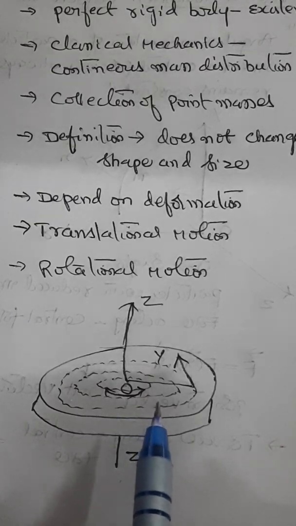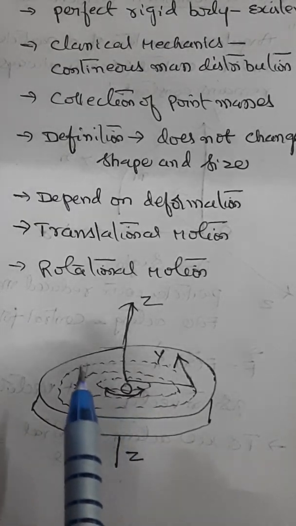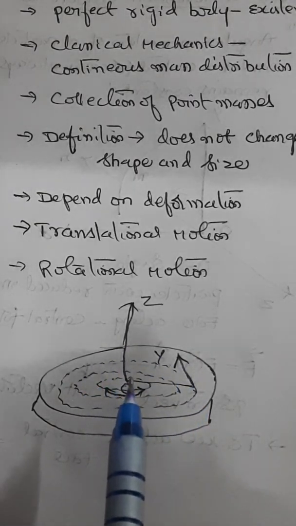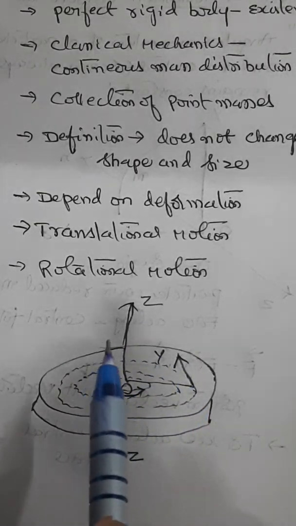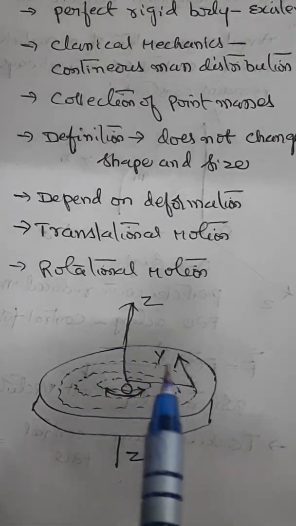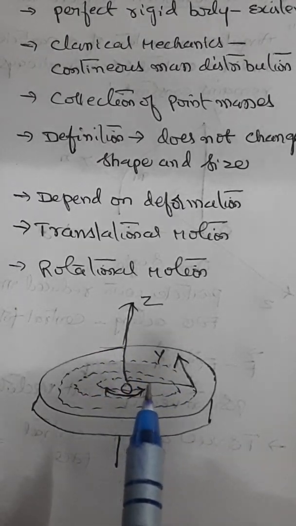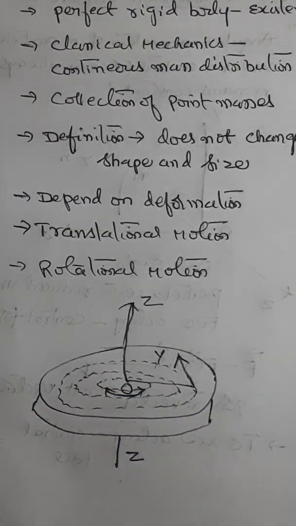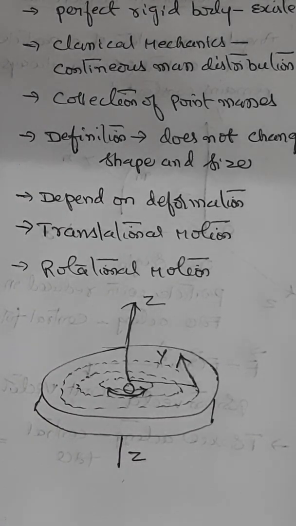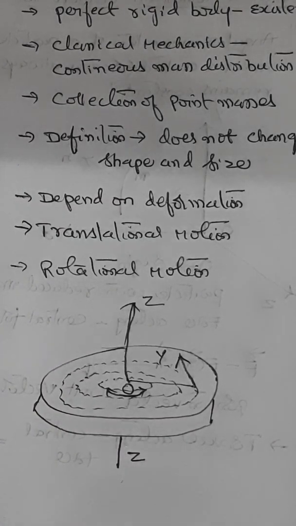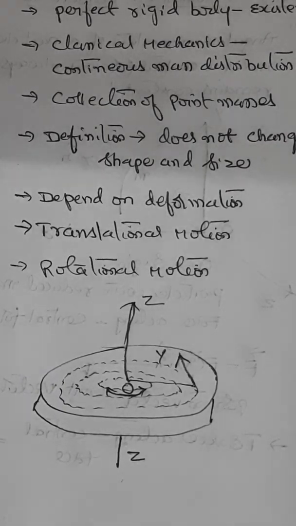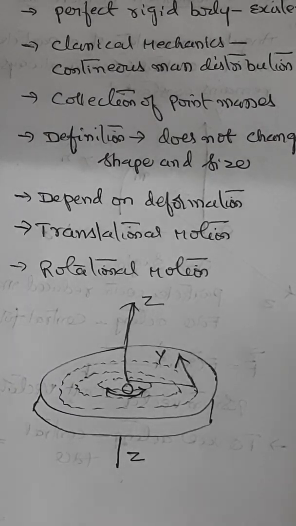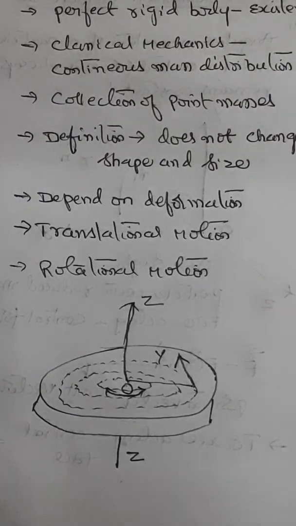For example, if you take a car wheel, the wheel of a car rotates about its own axis as well as it covers a certain linear distance also. Similarly, the earth rotates about an axis passing through it, and at the same time it revolves around the sun. Thus, earth has both rotational and translational motions. But in more complicated cases, the axis of rotation may change in direction with time. However, we shall define only simple cases of rotation of a rigid body about a fixed axis.